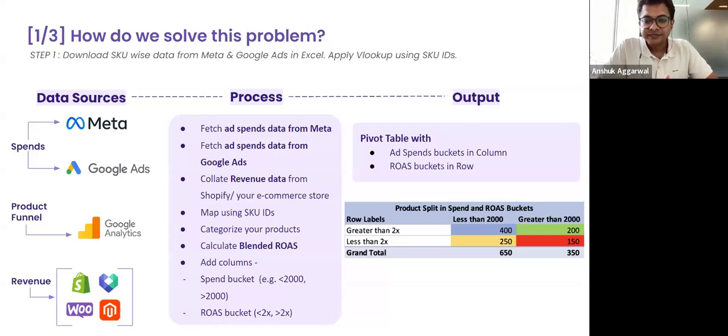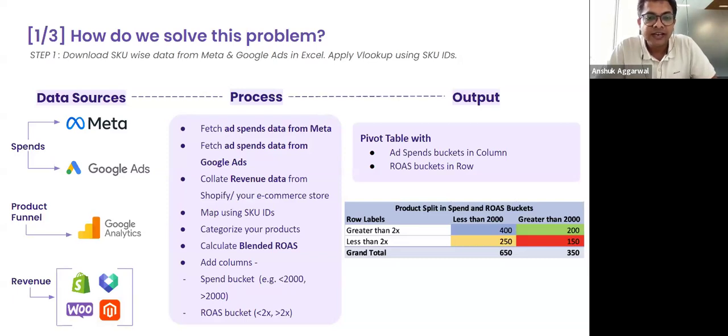Once we do this, on the right side, what we are recommending is to create a very simple pivot. Put the spend bucket and the ROS bucket in the columns and rows of the pivot. And you can clearly see the number of products falling into each category, right? For example, here you can say that for greater than 2000 spend and greater than 2x ROS, we have 200 products